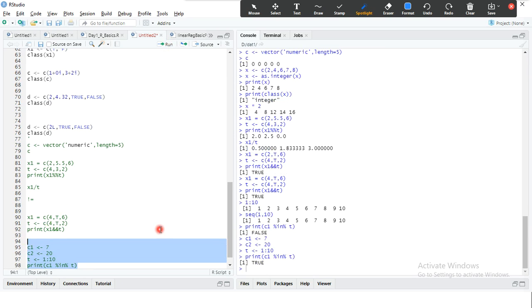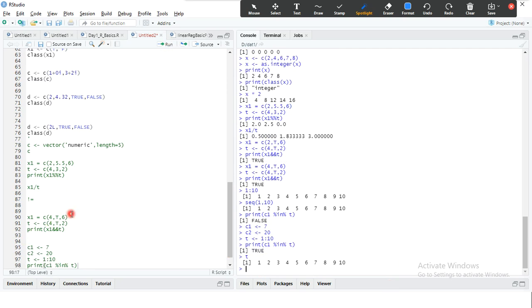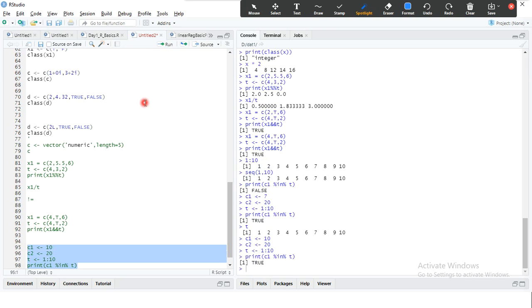It is true, right? Why is it not giving the result? Let me just check. t is 1 to 10, but here if I specify 10, even in this case, we were having some issue earlier.